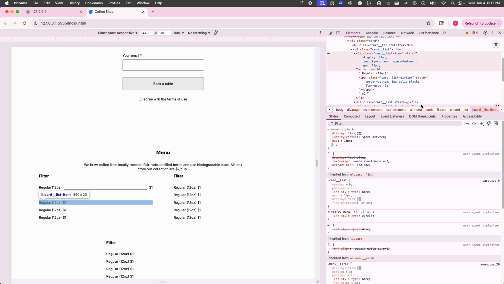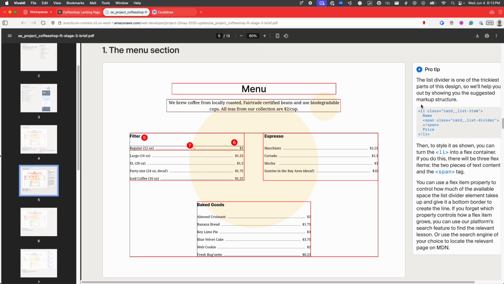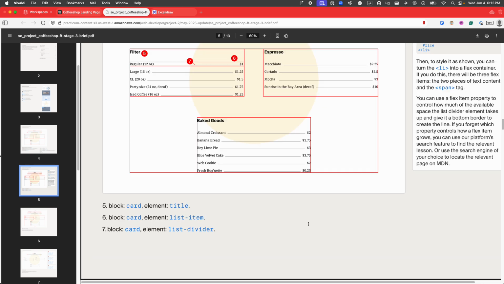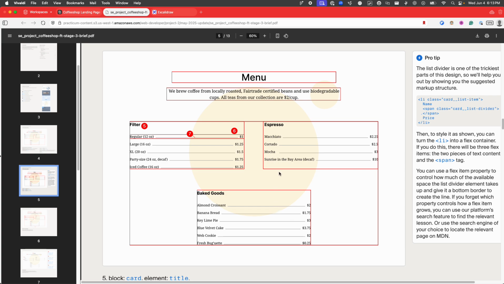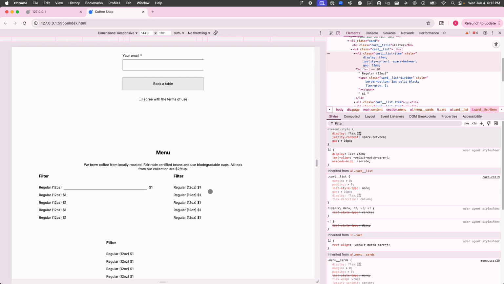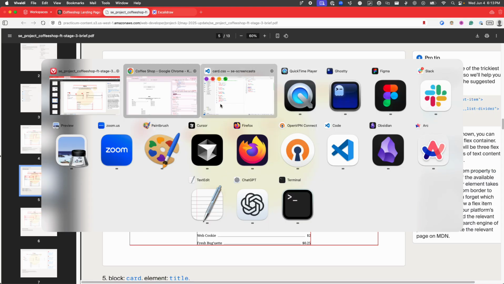Starting in the next sprint, you'll be using a real design document where you'll be able to get all the measurements. You'll be able to basically point and click and get all the different measurements. And you won't have all these explicit step-by-step instructions. You'll just use the design document to help you know how to build things. That's more how it's done in the real world. So there's that. We can copy, and